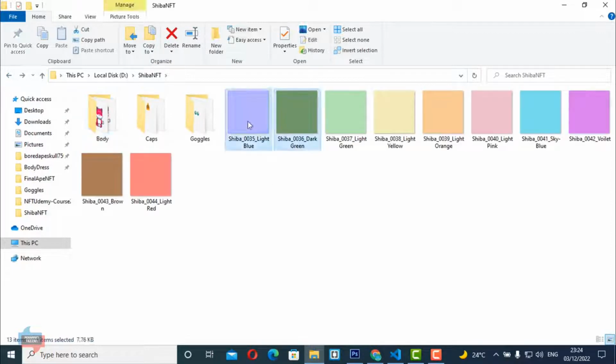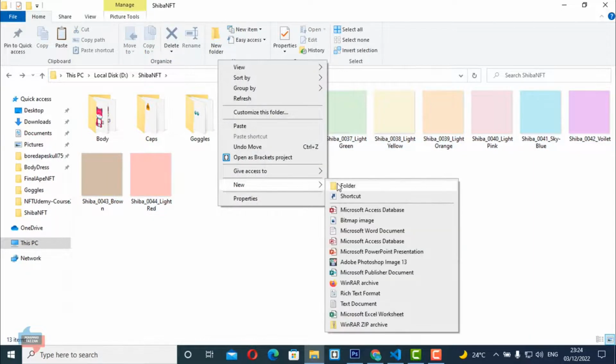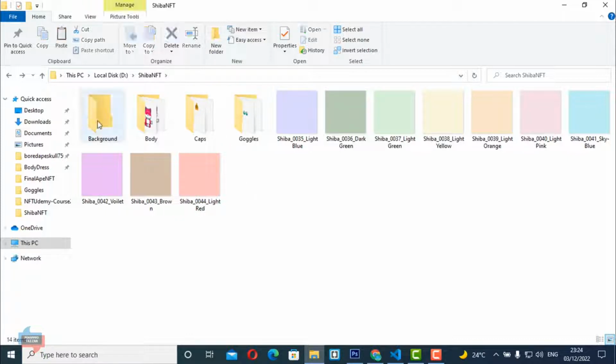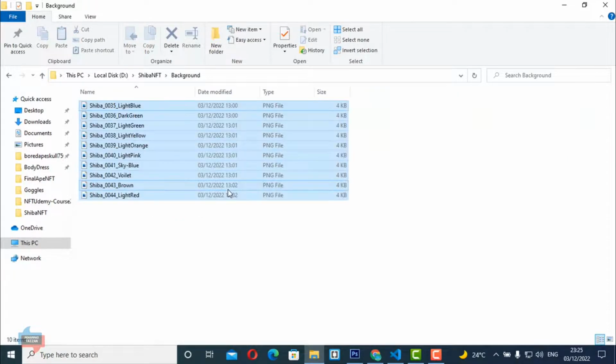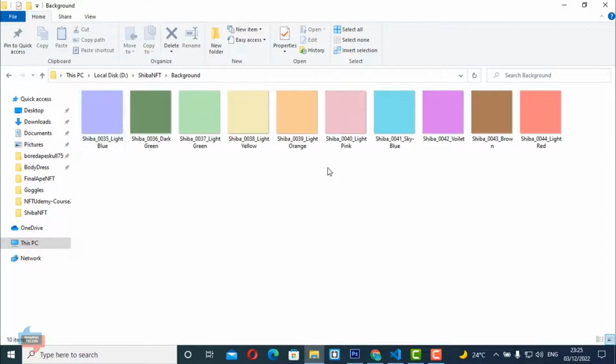And for the background I can do the same thing, cut and create new folder. Okay, and inside the background I will paste. Okay,